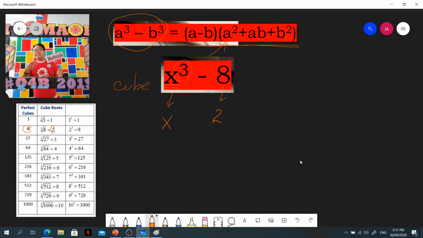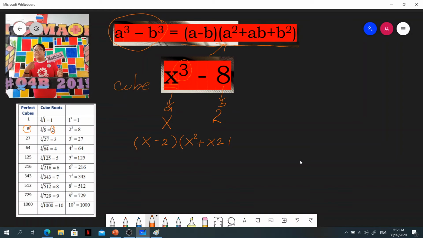So, ito yung a, tapos ito yung b. So, a minus b, times x minus 2. Tapos, a squared daw. So, x, a squared. So, squared natin siya. Plus, a times b. Ito yung a natin. Ito yung a. Ito yung b. Okay. So, a times b. So, x times 2